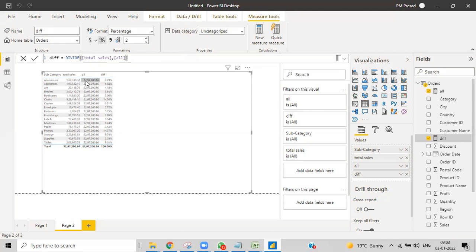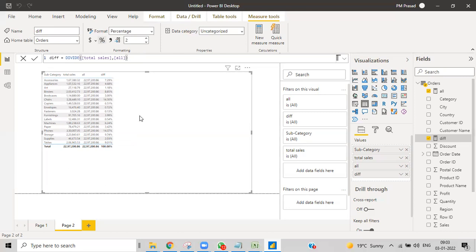In the entire total sales, what is the sales of accessories? It is 7%, appliances 4%, chairs 3 lakhs which is 14%, and phones 14.37%.